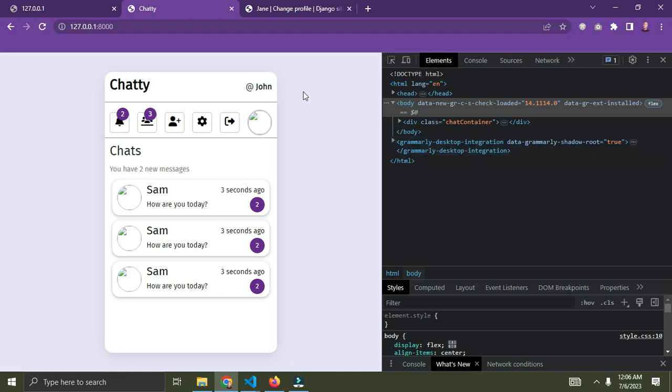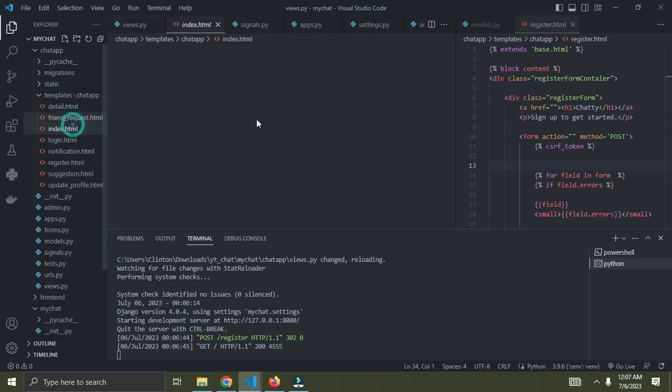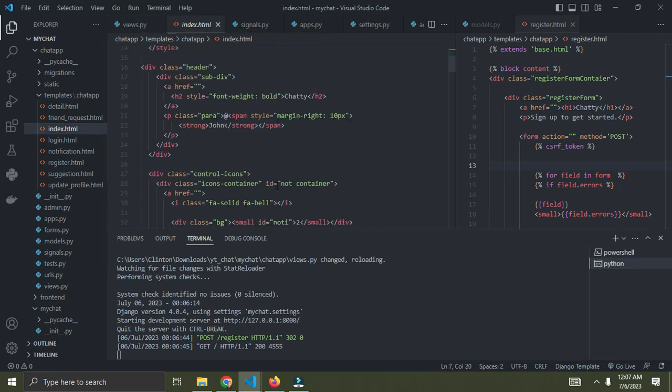So right now our user has been logged in. So right now everything we see here is dummy data. So we need to put in the name of the actual logged in user up here. So go down to this index page right away. Index page, where are you? Index page, yeah. So where we have John. This is John over here. So I'm going to just put in